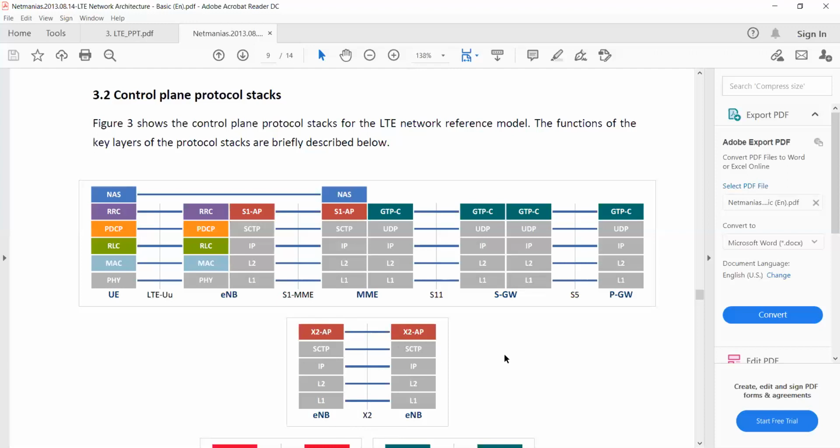Sir, X2 is interface, na? Yeah, X2 interface. Interface means a media by which we can connect one device to another device. It's a path. Like from Kanyakumari to Kashmir, some NH highway is there, right? Like that, from Sikandrabad to Howrah, Kolkata, there is an NH highway, NH something 7 or something name. So like that, for every interface, every path, they have defined in LTE network some name.